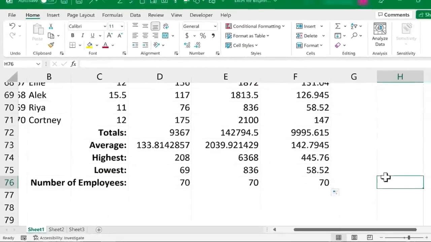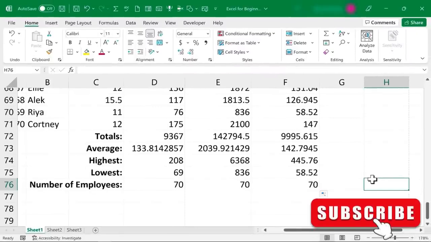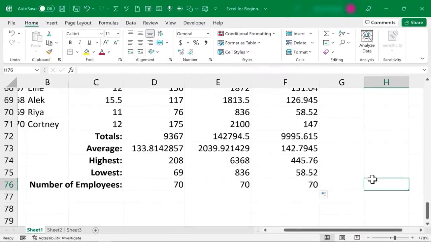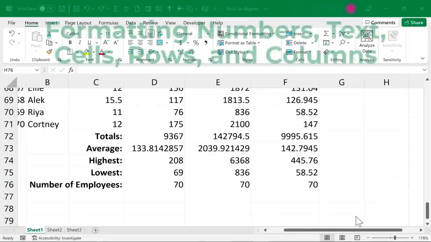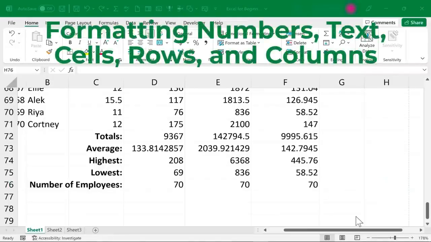So those are the 5 or 6 most commonly used functions in Microsoft Excel. If you want to learn more functions in Excel, check out my other videos. I have lots and lots of different functions that I show in those other tutorials, and there's more to come in the future. In this next segment, we're going to focus on how to modify the formatting in the spreadsheet,